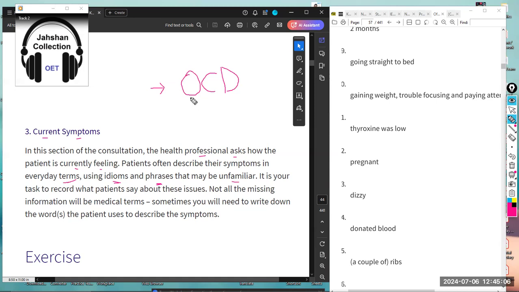I don't remember. It's about obsessive compulsive disorder. Exactly. So the abbreviations in the OET